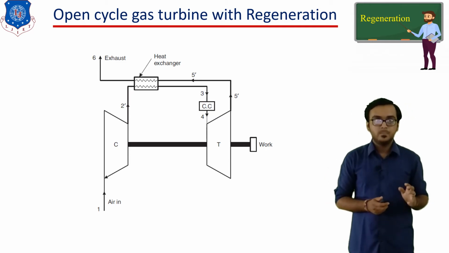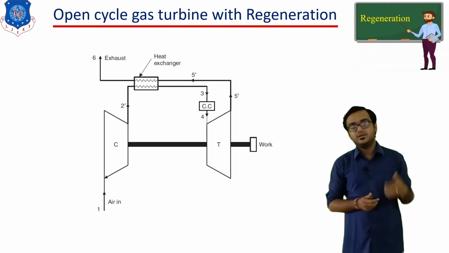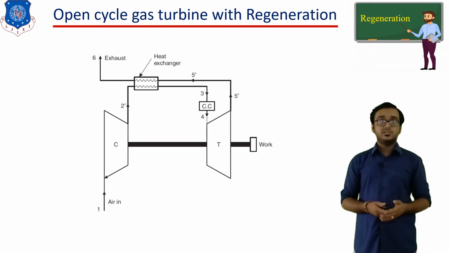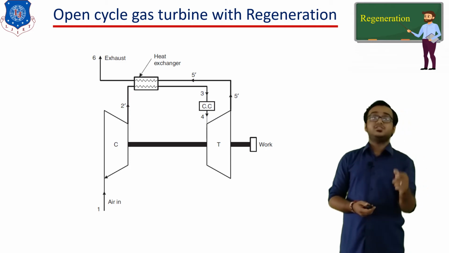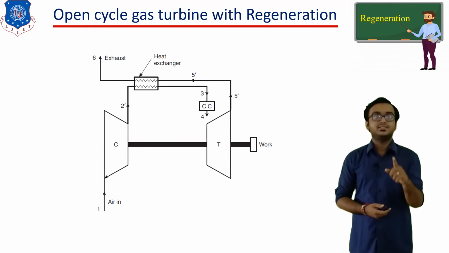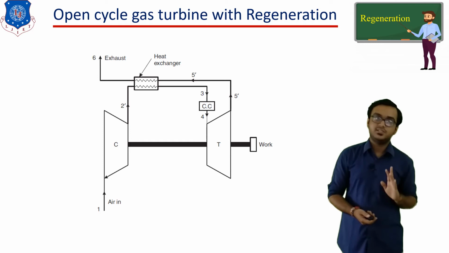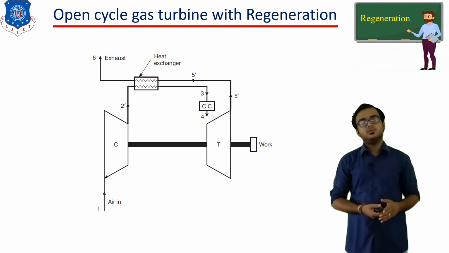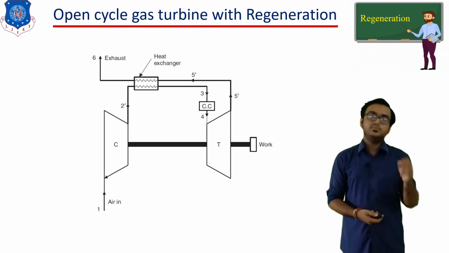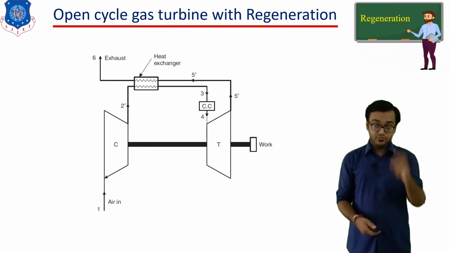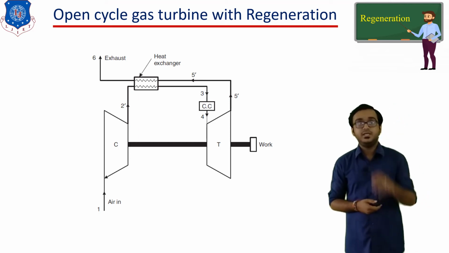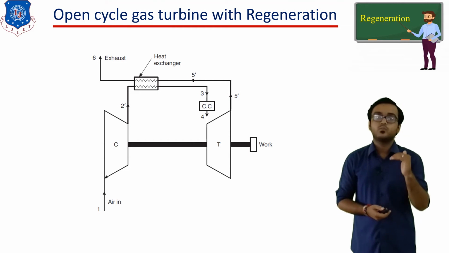Okay, clear to all? Now, in this cycle, the turbine work is given by m Cp multiplied by the temperature difference. Here the temperature difference is T5' minus T4. So the net work produced by the turbine for unit mass is given by Cp (T5' minus T4). Now what about the compressor work? Think on that. Compressor work is given in the same way, m Cp (T2' minus T1). But if you consider unit mass flow rate, then the compressor work is given by Cp (T2' minus T1).